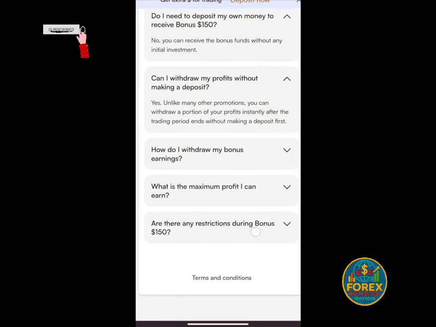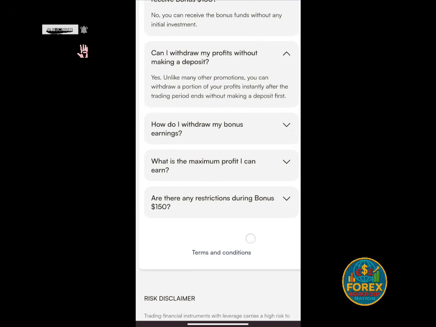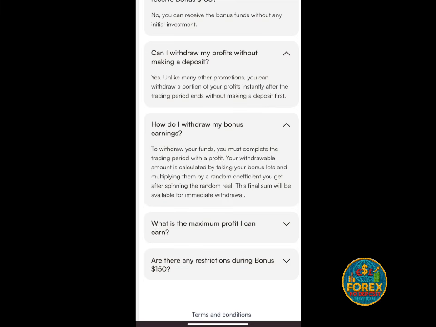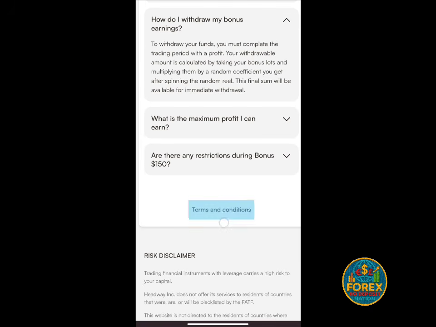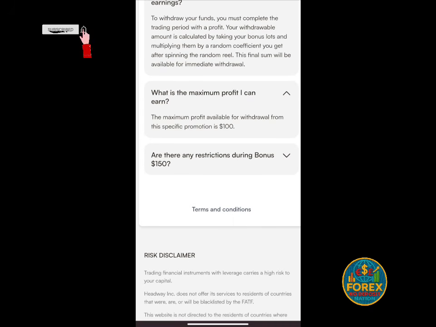And as I told you guys, the minimum and maximum withdrawal that can be made on this account, right? The maximum withdrawal in particular that can be made on this $150 bonus is $100. And you could see, how do I withdraw my bonus, right? To withdraw your funds, you must complete the trading period with a profit, and your withdrawal amount is going to be calculated by taking your bonus lots and multiplying them by random coefficients,